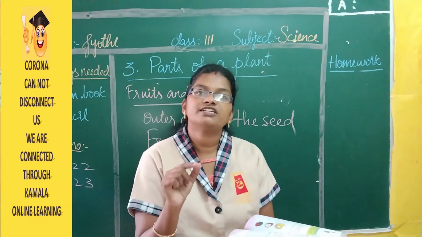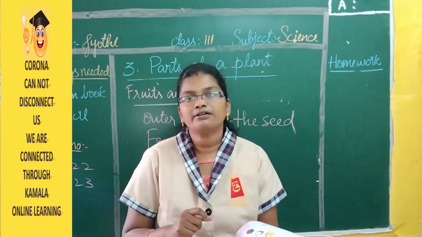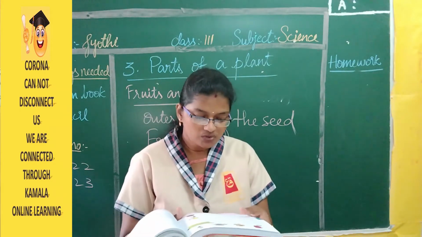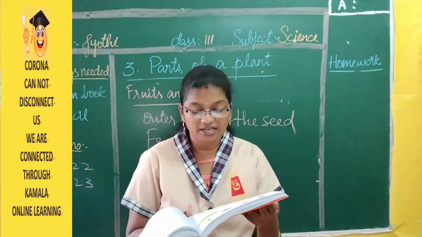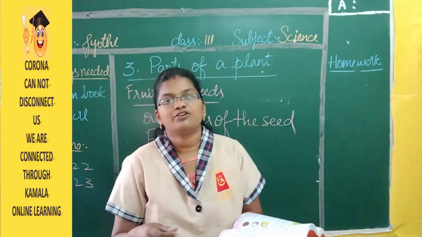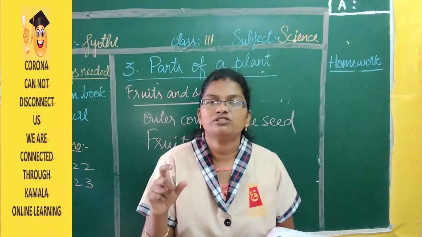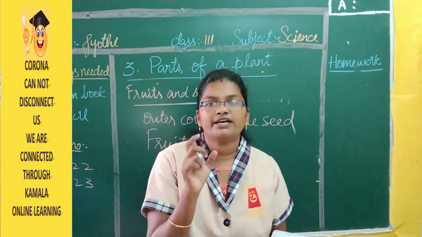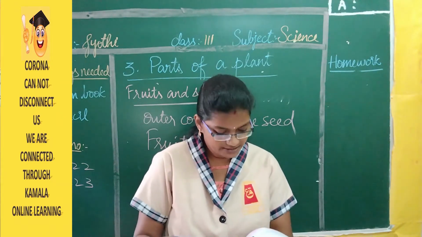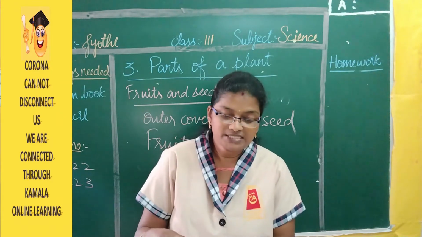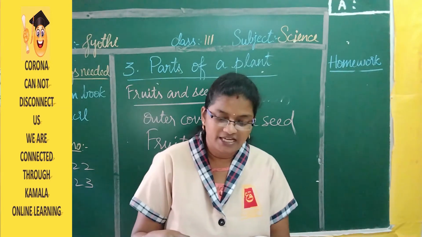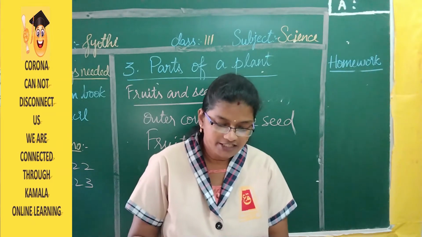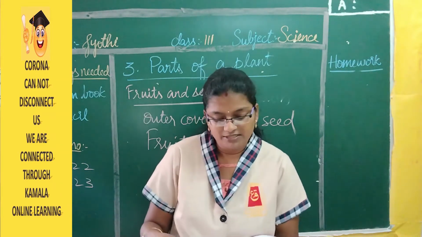But the size of the seeds will be very small compared to a mango seed. A watermelon has also many seeds whose size is almost similar to the size of an apple seed. As I already told you, watermelon has the same size as an apple, but apple has little smaller seeds, watermelon has little bigger seeds. So seeds need water, light and nutrients to grow. Seeds contain nutrients that nourish them to grow into new plants.